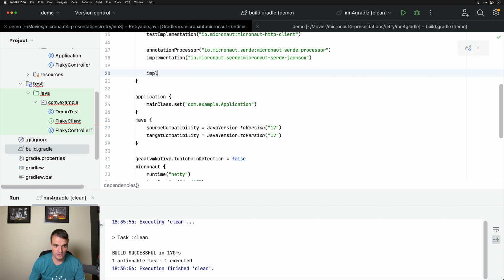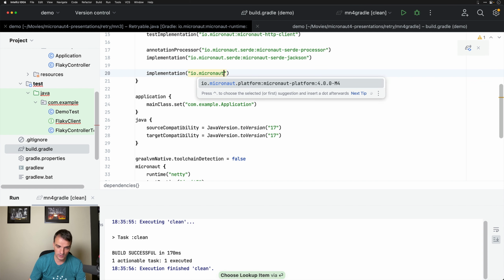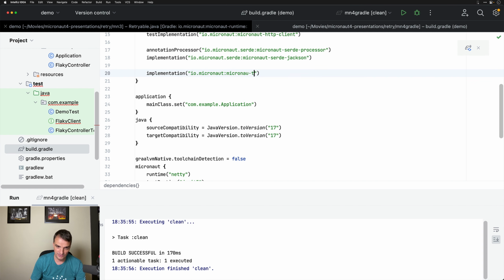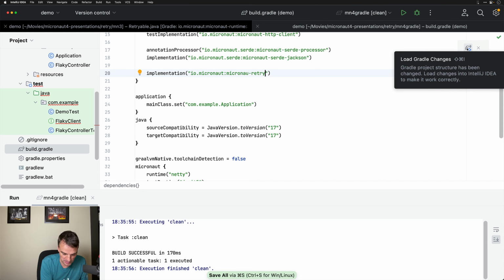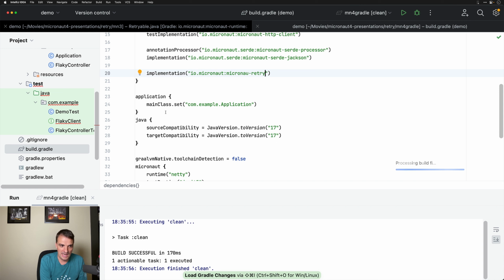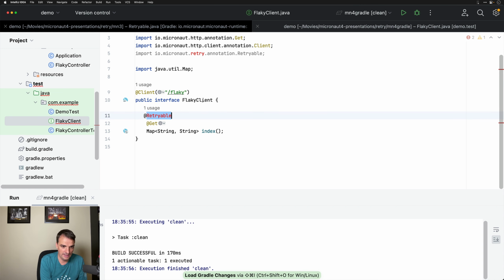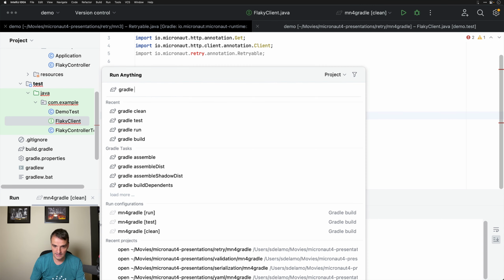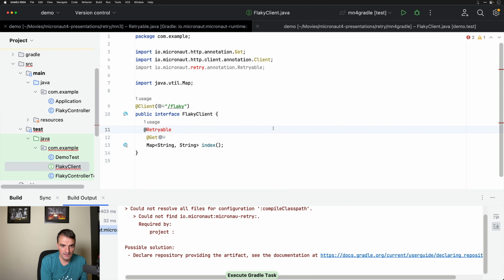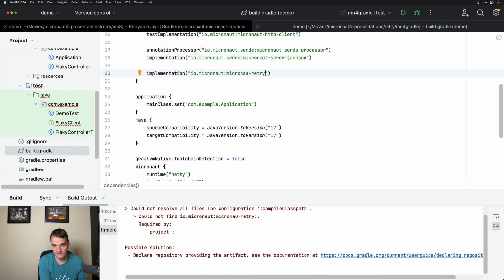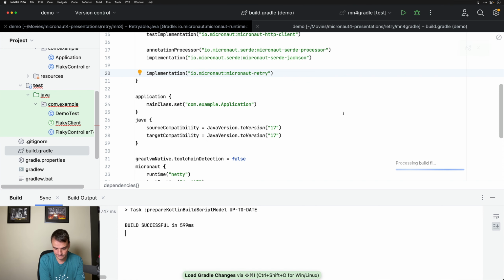You just come here and add the dependency. Now it is io.micronaut as the group ID and micronaut-retry as the artifact ID. You don't have to specify the version because that's specified in the Micronaut bill of materials. And if I now refresh my project, IntelliJ will be able to resolve it. The dependency is still marked in red, but it is there, hopefully, not because I have a typo. If I correct the typo, and I now refresh and rerun,